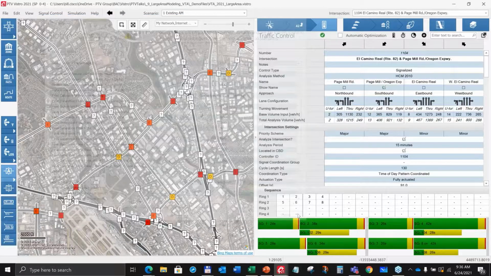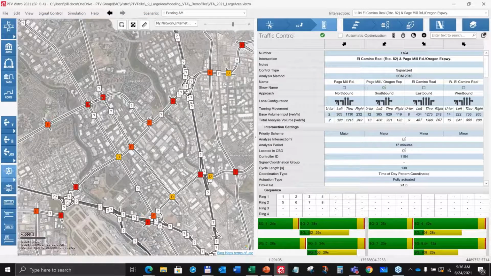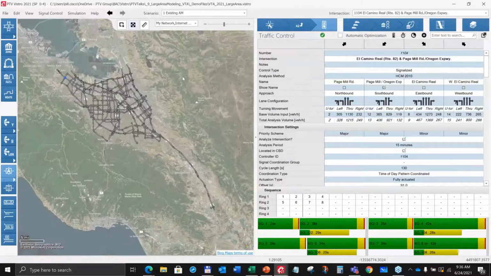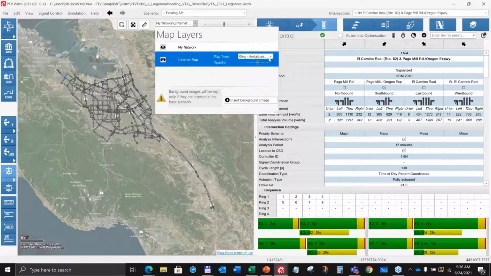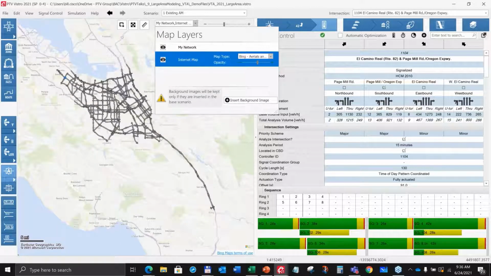So I wanted to highlight those aspects of Vistro, and the other thing I wanted to highlight, if we go back and look at the full screen again, just so we can see the sizing, let me just put this on roadmap and we can see it a little bit better.